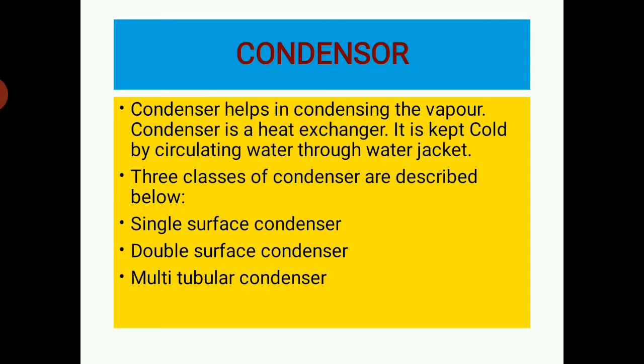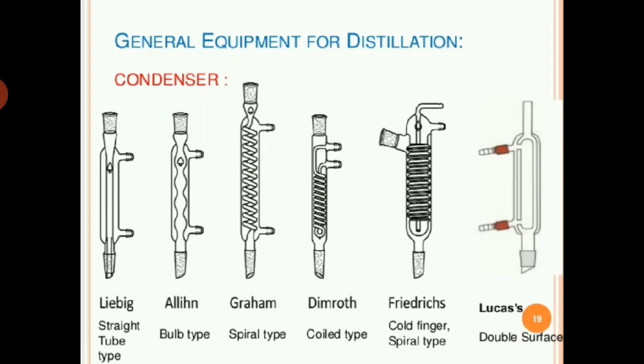The cooling surface must be large enough because the rate of condensation is proportional to the area of condensing surface. The condensing surface must be a reasonably good conductor of heat because the rate of condensation is proportional to the rate at which the surface is cooled. The film of condensed liquid is a bad conductor and must be removed quickly in order to avoid serious impairment of the efficiency of the condenser. For this reason, the condenser is always placed in an inclined position.